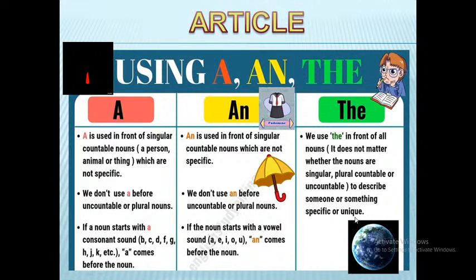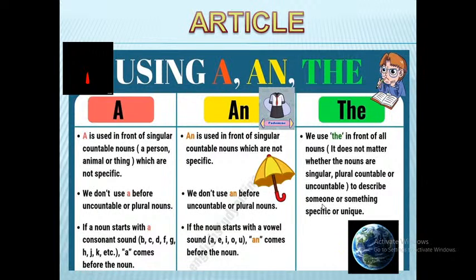The Lotus Temple, the Lotus and the Sun Temple, and the Taj Mahal, the Red Fort, the earth, the Pacific Ocean. You can use the in front of the name of a ship also. For example, the Titanic, the Queen Elizabeth, and you can use the in front of the names of rivers, the